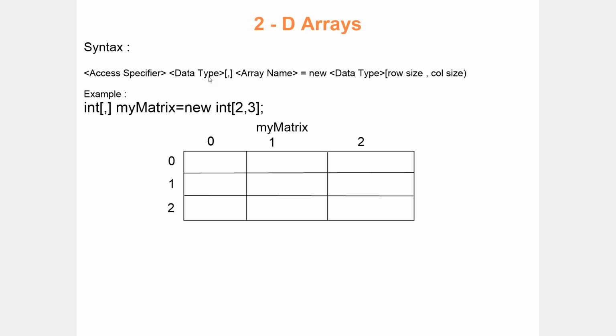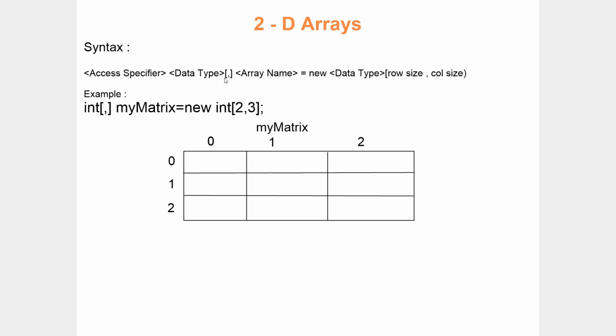But coming to the nature of an array, it always holds a collection of only similar data elements. You cannot hold a combination of multiple data types. Here also, same thing. When you talk about 2D, it also holds a collection of similar data elements. It cannot hold multiple data elements of different data types. So define the scope of your array. Next, data type. What kind of data has to be stored?